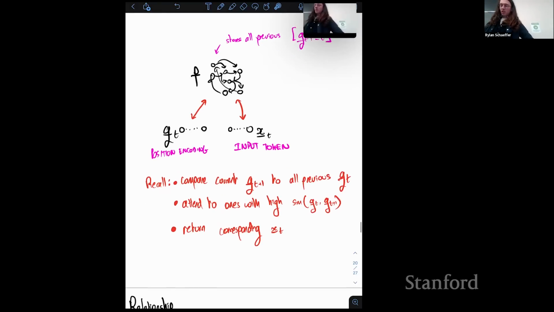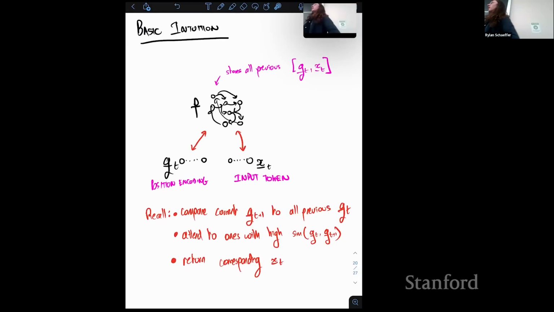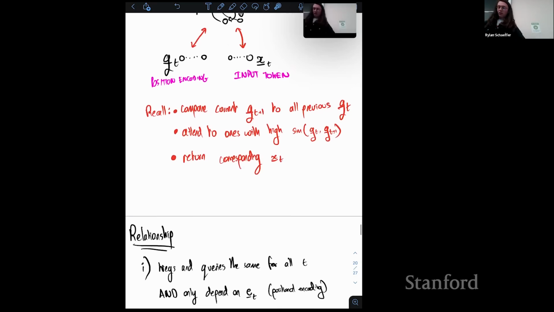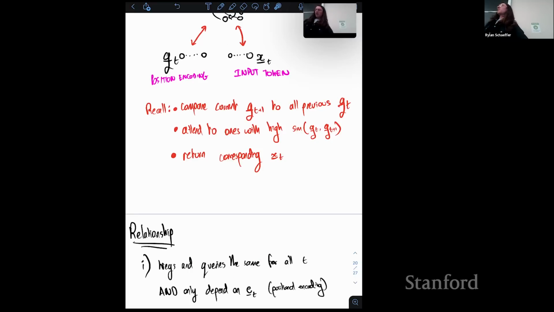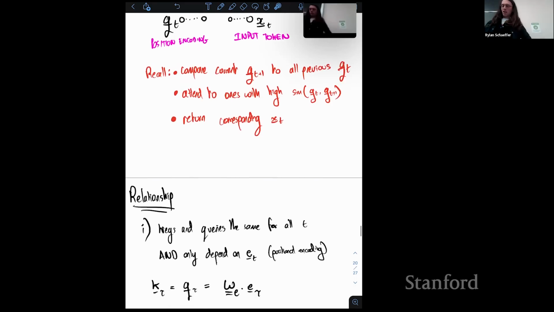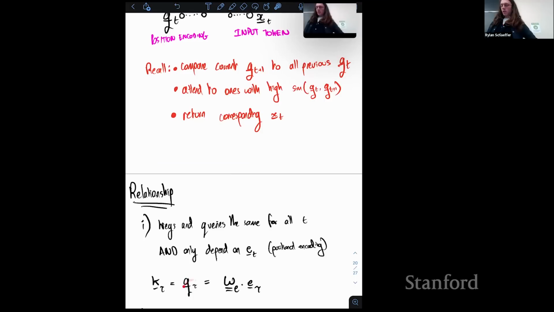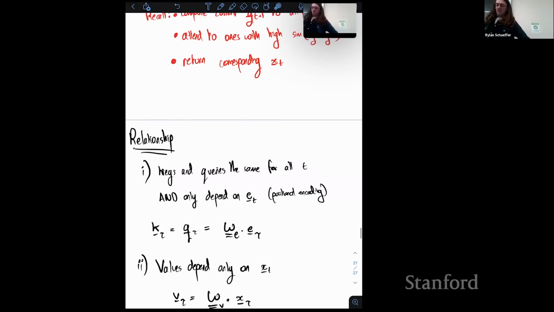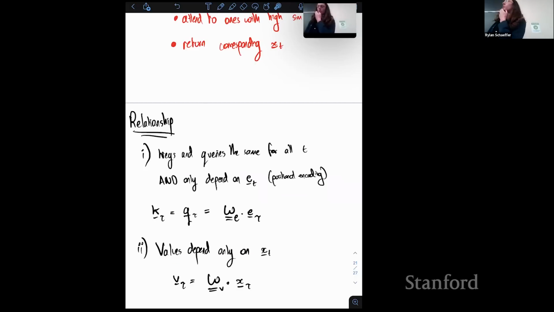There are some differences between the normal transformer and how to make it map onto this. The first is that the keys and the queries are the same at all time points. There's no difference in the matrix that maps from tokens to keys and tokens to queries, it's the same matrix, and it only depends on the positional encoding. So you only recall memories based on how similar their positions are. Key at time tau equals query at time tau equals some matrix applied only to the positional embedding at time tau. Then the values depend only on this X part.